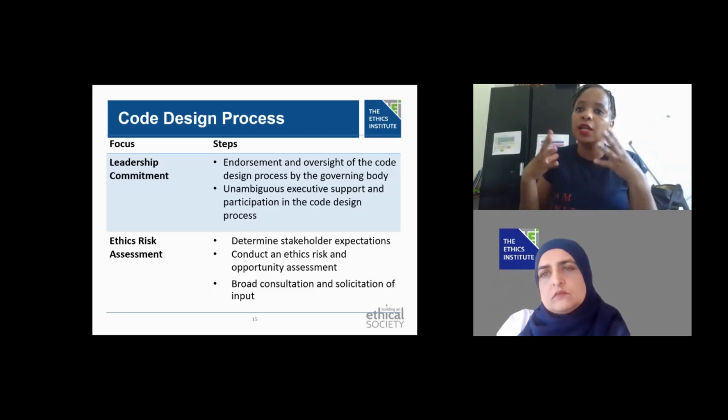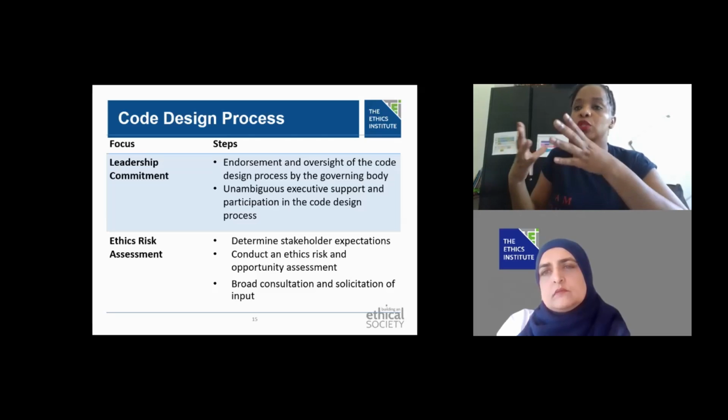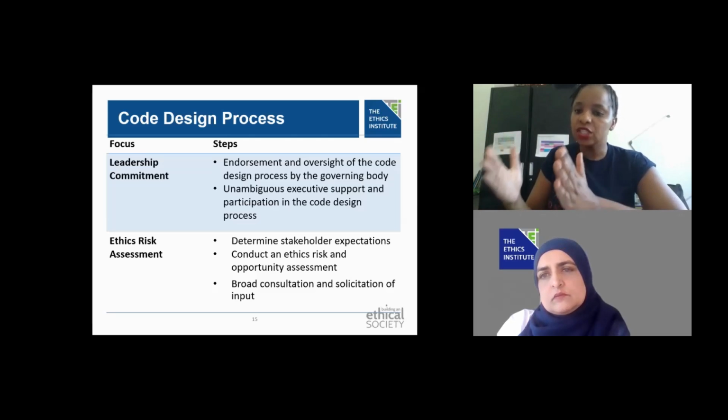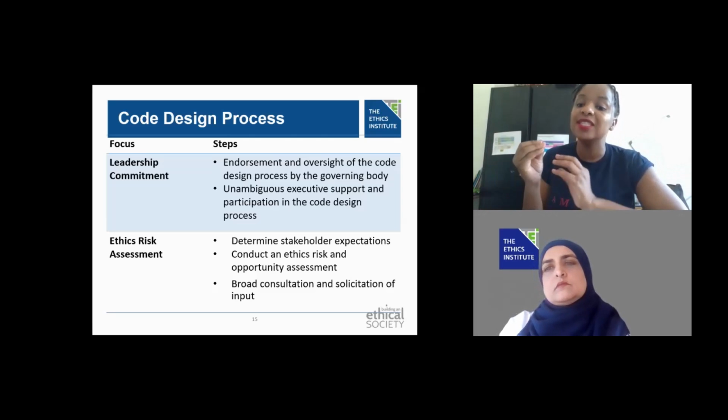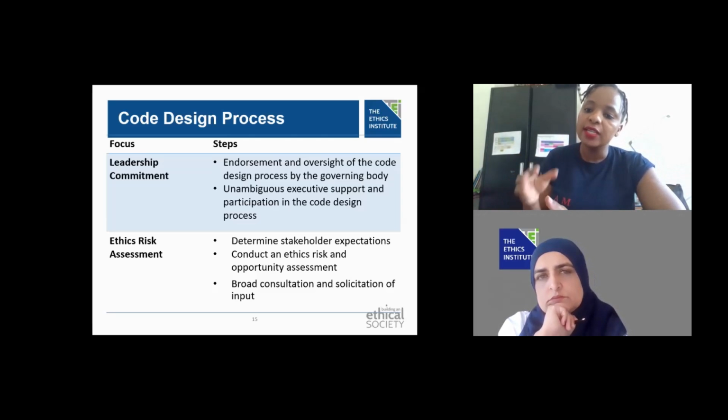Launch it the way a launch should be. Make people stop and realize that we're actually putting effort into this. It's important for us. It's something to be remembered. It's something to be used. It's part of who we are from now on. So that is very important.